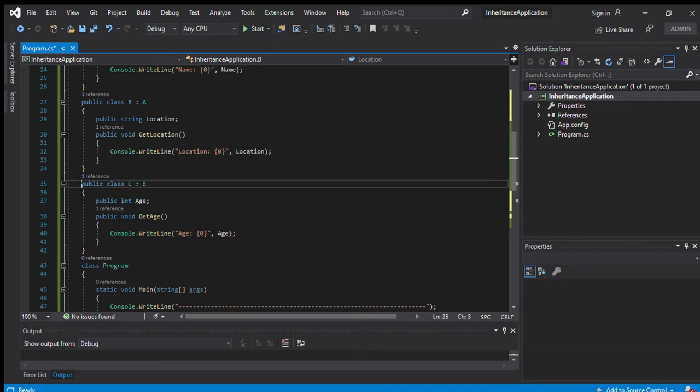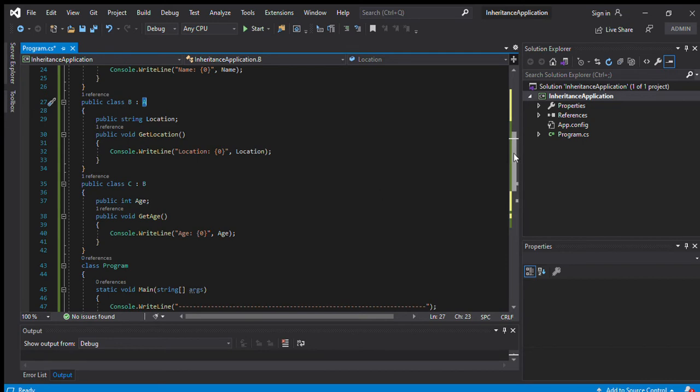Again I create another class, and the C class inherits from the B class, and B class inherits from the A class.